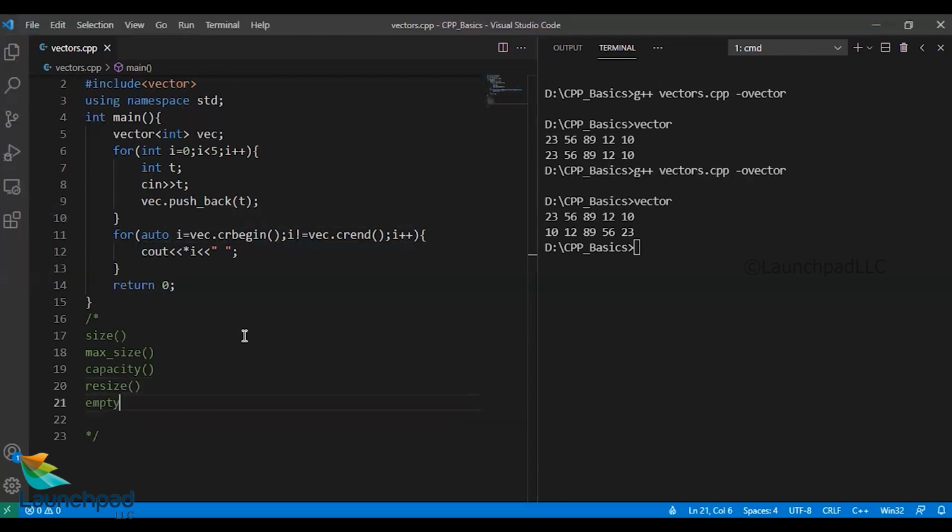Empty gives an option to empty the existing vector. And finally, in order to shrink it, shrink_to_fit. And the last one is to reverse the whole vector. These are some of the capacity oriented functions of vectors.